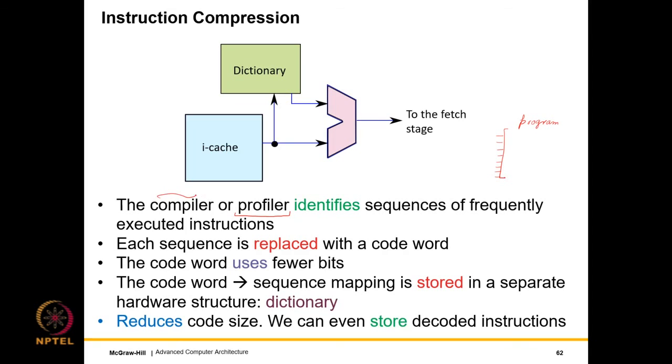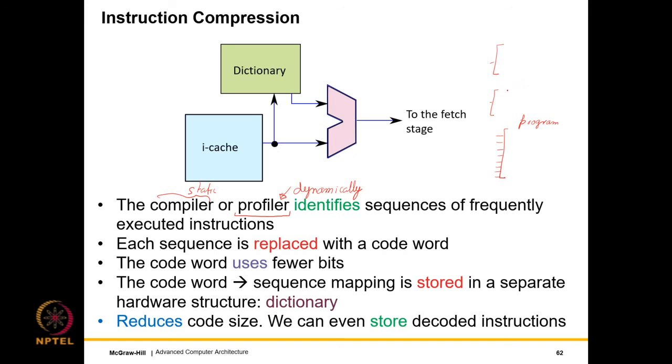So the compiler can do it at compile time, which is statically, and the profiler can do it at runtime, which is dynamically. All right. So regardless of how it is done, be it static or dynamic, we will find chunks of instructions within the program that are actually the same, right? So one obvious source is when we are reading or writing registers,